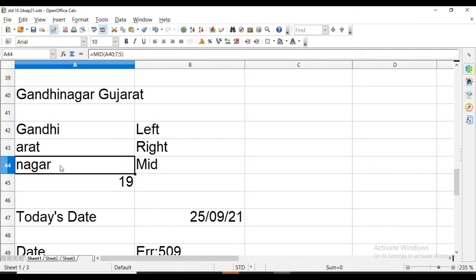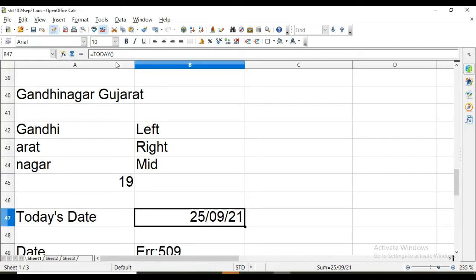Then we have used date and time functions, wherein we have seen how to bring the date on screen. It is equal to the TODAY function, and in parenthesis we are not giving any argument, that is blank, like this. When we press enter, yesterday it was showing 24th September, now it is showing 25th September.